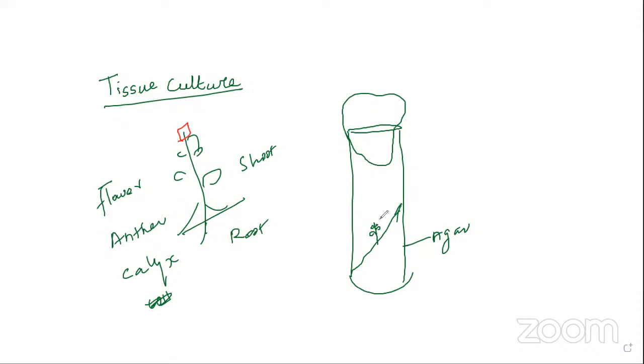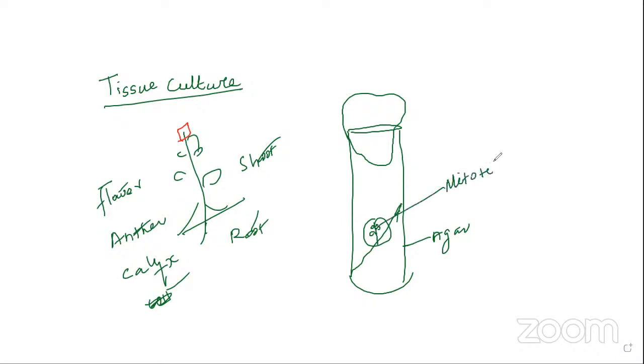Okay. So what happened in this one? Any part of the plant body, I told you, this is any part, gives the entire plant. This is called tissue culture, and it is also one of the methodologies. For example, it absorbs the nutrition present in the agar medium, grows, and also undergoes mitotic cell division.